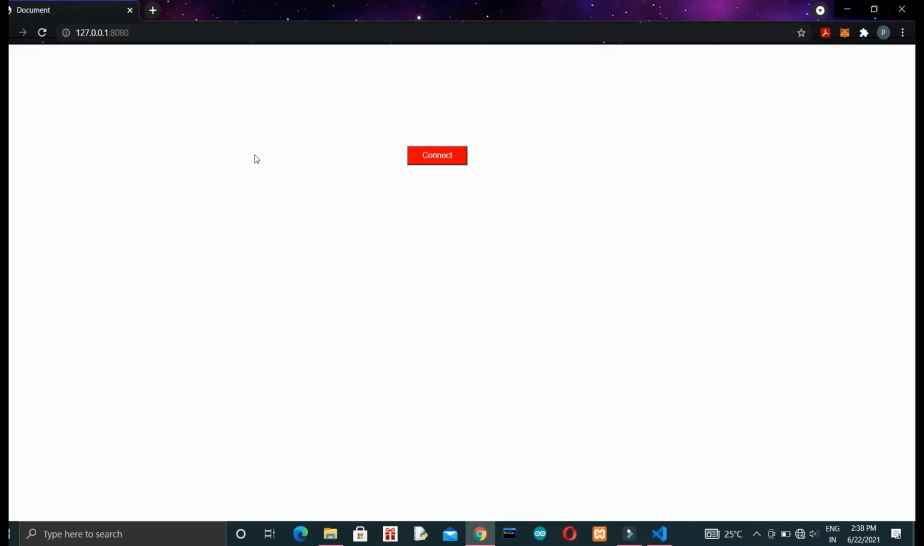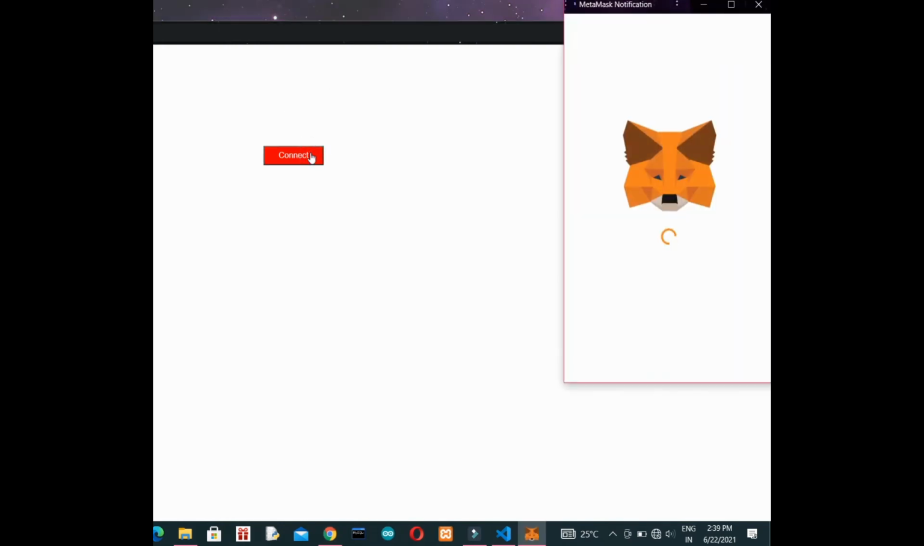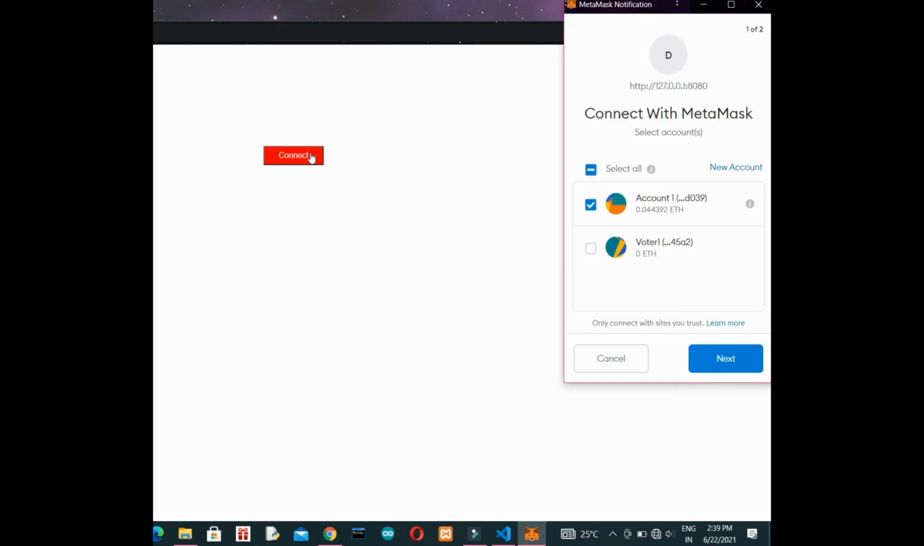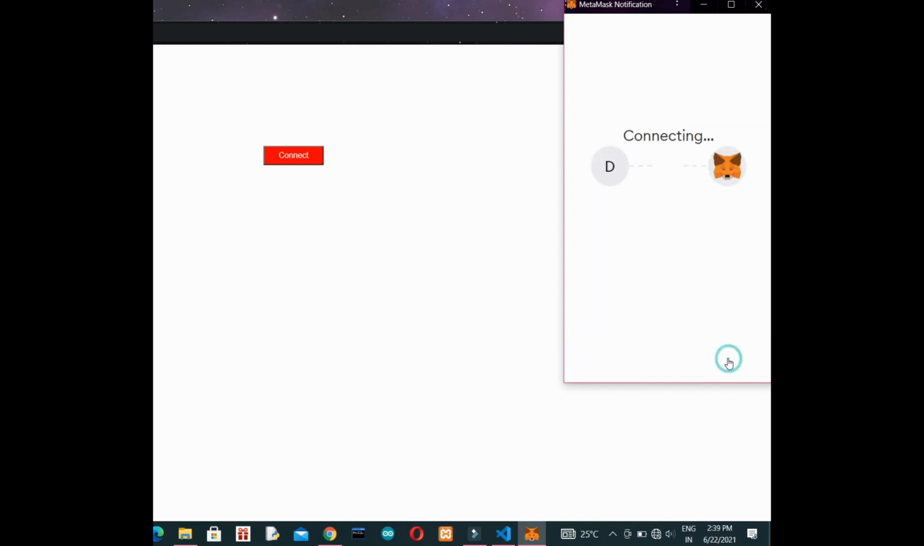Here we have a connect button. As you can see, only one button in our page, that is the connect button. Once we click on this connect button, a pop-up will appear from MetaMask, and it will be asking you to connect to these two accounts. I have these two accounts imported in MetaMask. This is like a checkbox, and once you click connect,